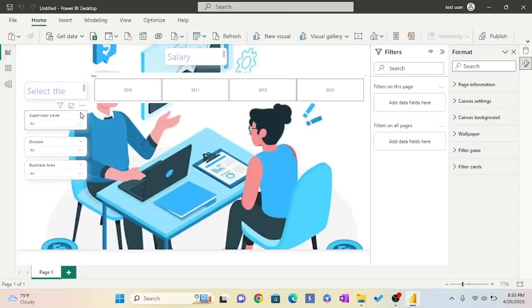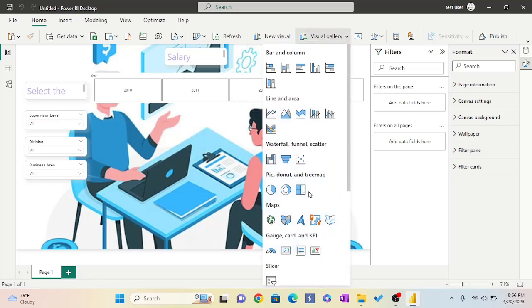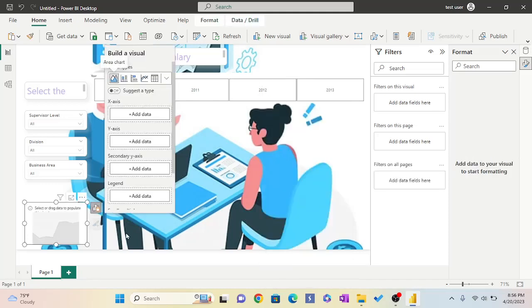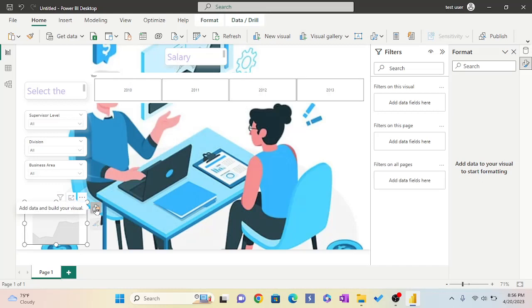Now we will go to report view. Here we will go to visual and go to area chart. And here we are going to add